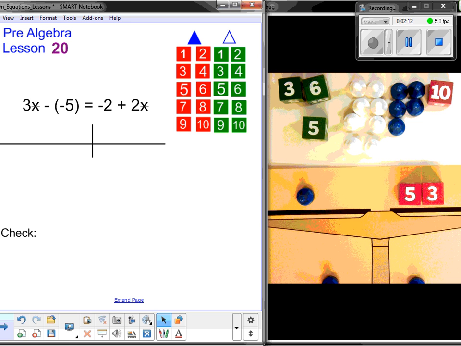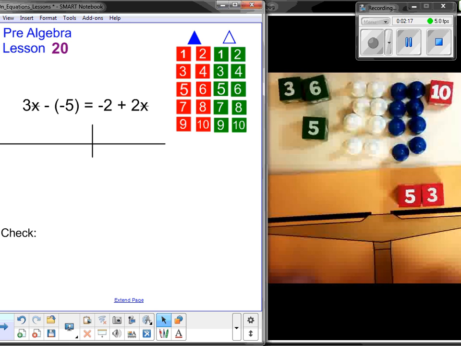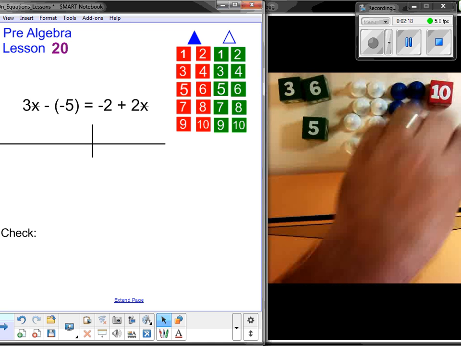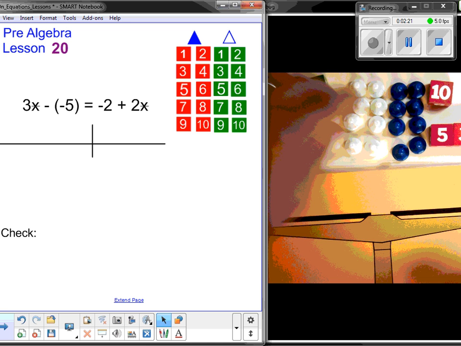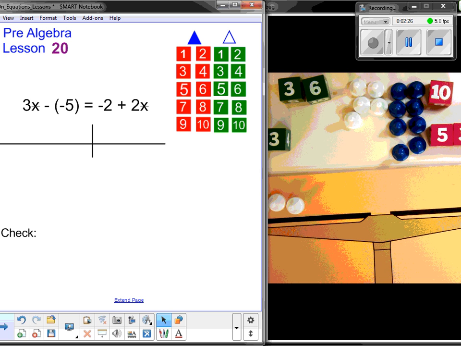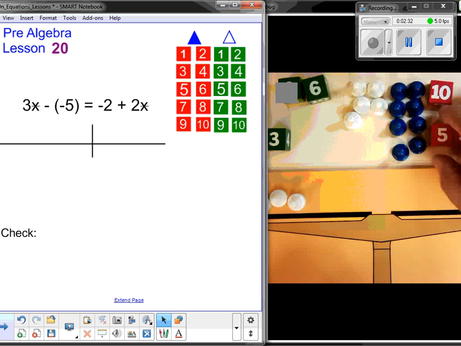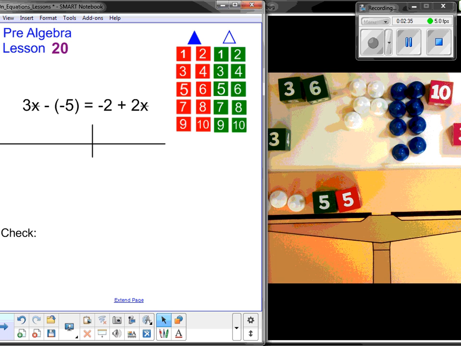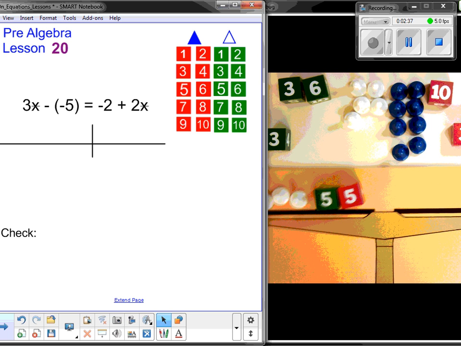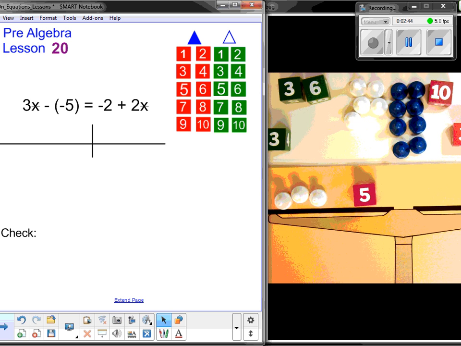We have 3 stars minus a negative 5. Okay, put away those. 3 stars minus a negative 5. I don't have a negative 5 over here to take away. So that means I have to add a negative 5 on it. The only way to do that is to put the 5 and the negative 5 on there at the same time. So 3 stars, 5 minus a negative 5. Now I can take away the negative 5 equals a negative 2